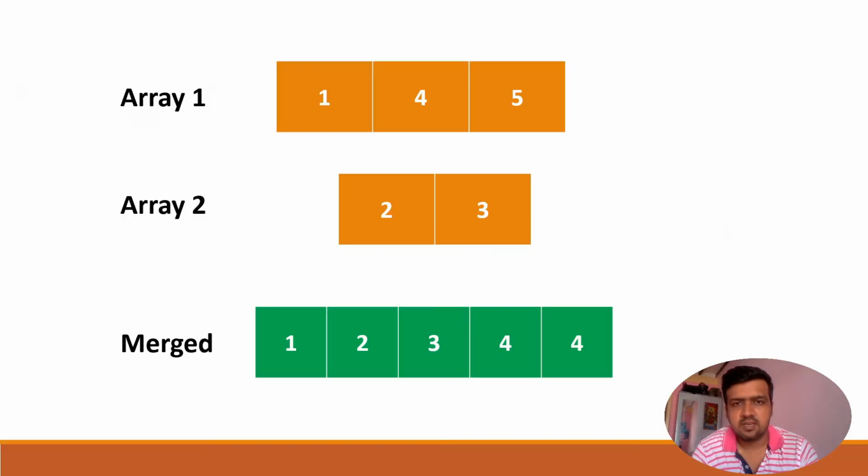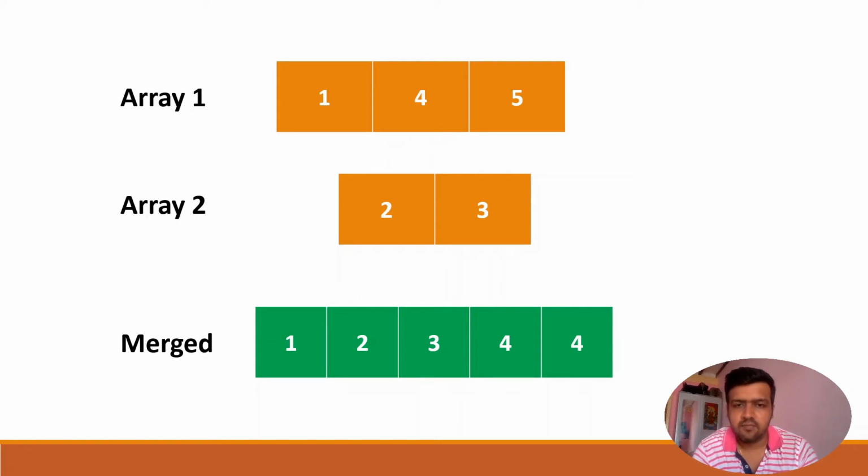If you see it graphically, let's say we have array 1 which contains 1 4 5. The arrays given by the system will be sorted individually, and then we have to merge them. So the first array is 1 4 5 and the second array is 2 3. If I combine these two arrays, I will get an array of 5 elements: 1 2 3 4 5. Sorry, there is a printing mistake, it will be 5 over here, not 4 two times.